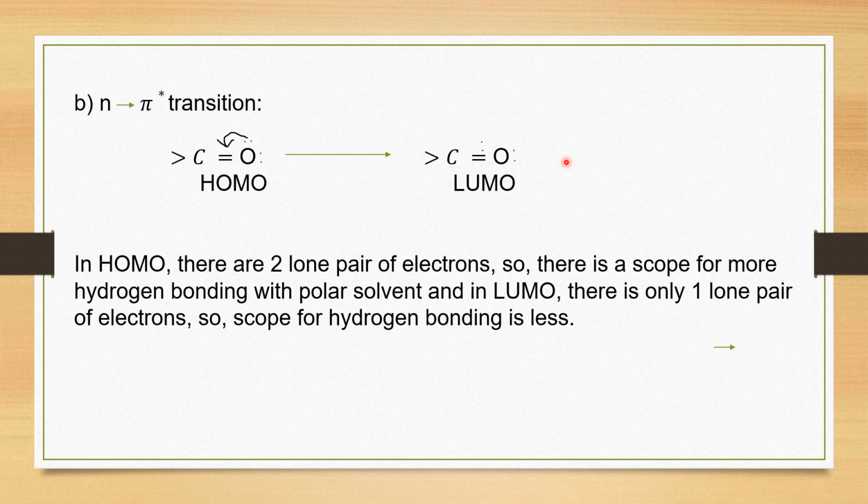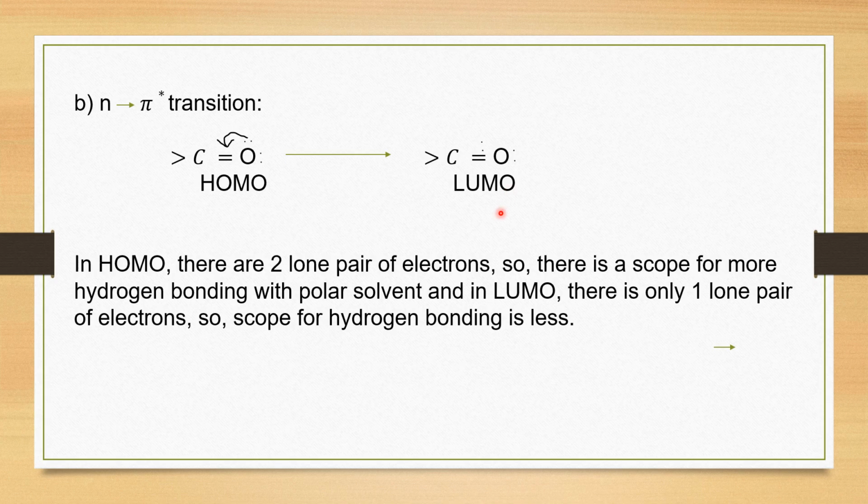What happens? Here in LUMO, there is only a single pair of electrons as n to pi star transition has occurred. As HOMO is having two lone pairs of electrons, there is a possibility of more hydrogen bonding with polar solvent